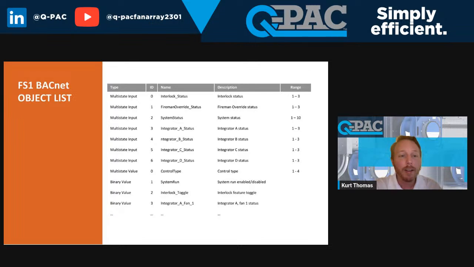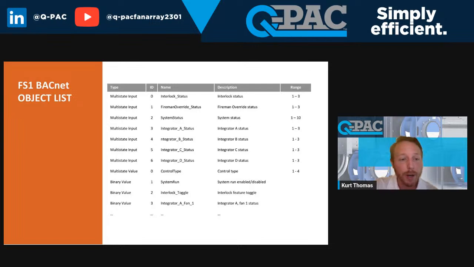And then the integrator statuses. An integrator to us is the quick connect box and any fans downstream of that quick connect box. So we will tell you if you have an issue with that integrator, and then we also have individual fan statuses, which we'll get to. Control type. This will tell you what control type you are in. Are you in 0 to 10, constant CFM, constant static, or BACnet? And you can toggle that here if you want. Typically, that's just set at the display and then left alone.